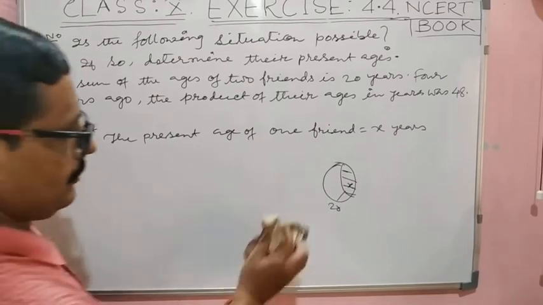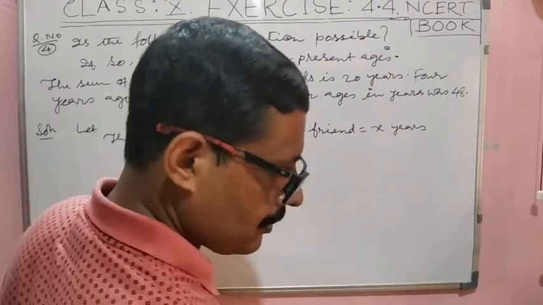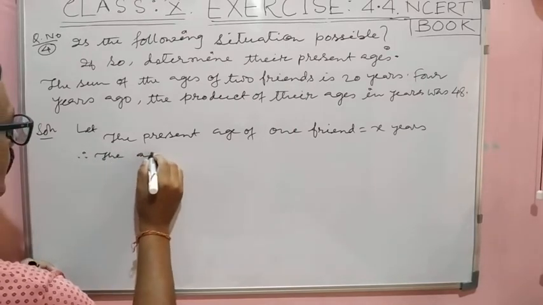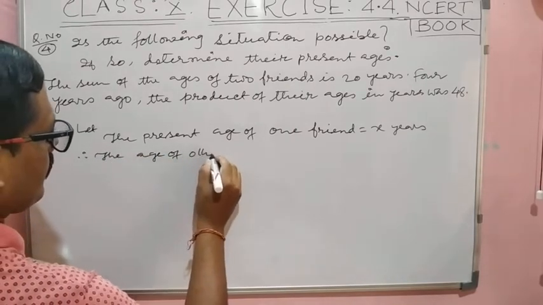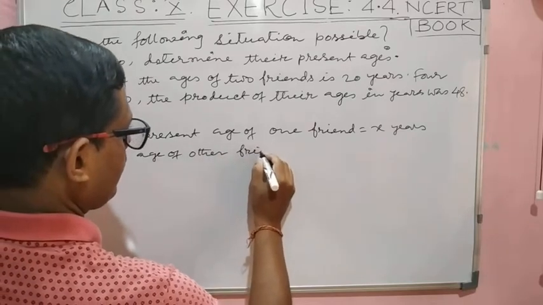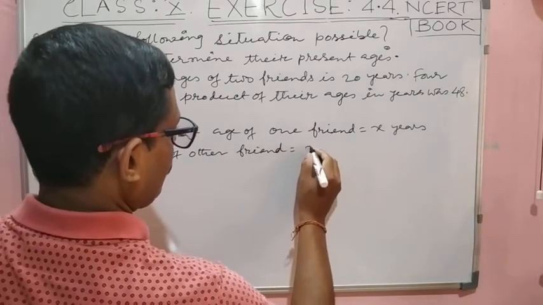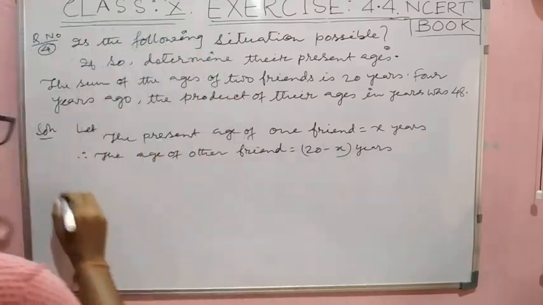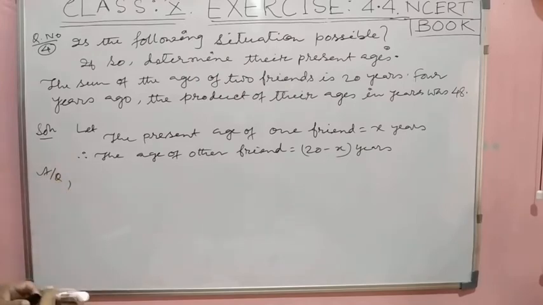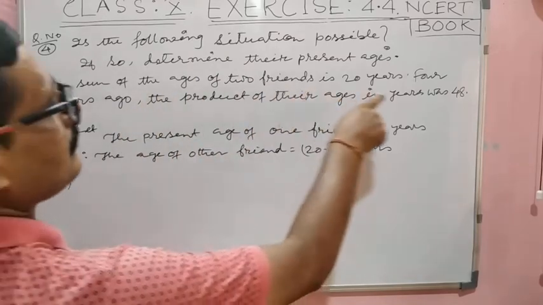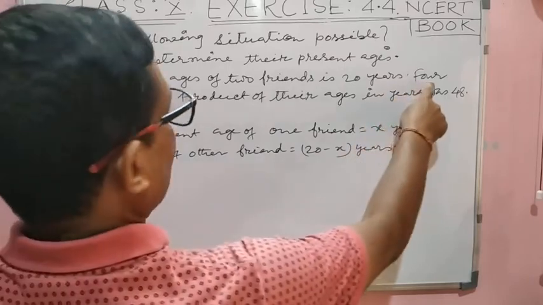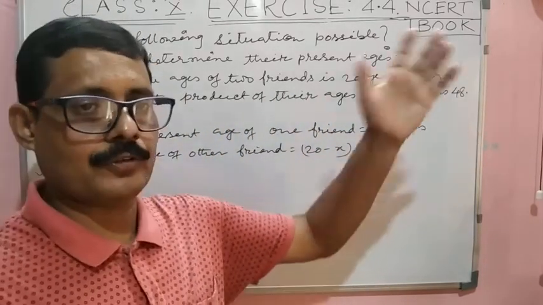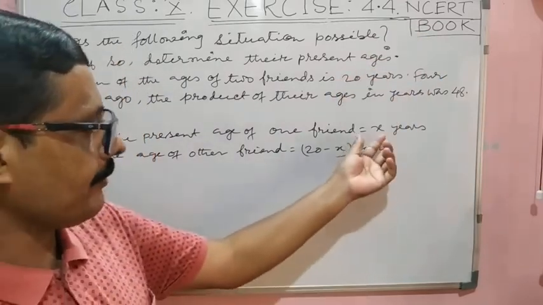OK, next is therefore the age of other friend equal to 20 minus x years. अब अकॉर्डिंग टू क्वेश्चन क्या दिया, 4 years ago, 4 साल पहले दोनों का एज का प्रोडक्ट 48 था। अभी एक फ्रेंड का प्रेजेंट एज x